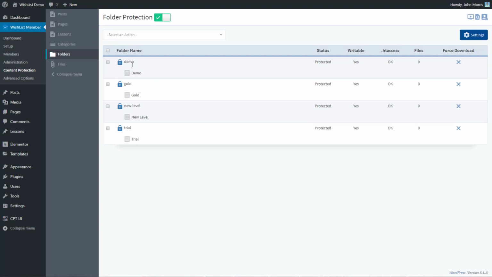You should see a list of folders that match the membership levels that you have in your site. And you'll see the status is set to protected, and the membership level that has access to this folder. So in this case, the demo folder, the membership level that has access is demo, gold has access to gold, new level to new level, trial to trial, etc. That should look pretty familiar to you, and that is the crux of what folder